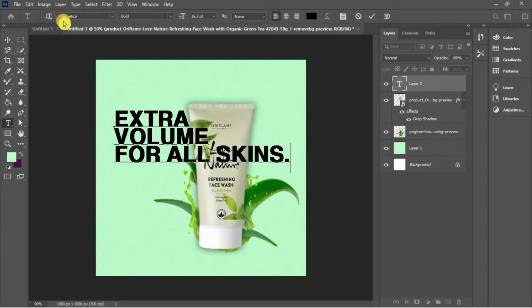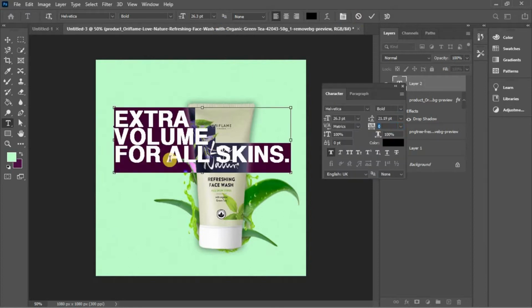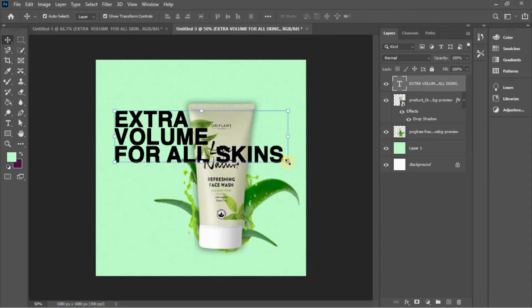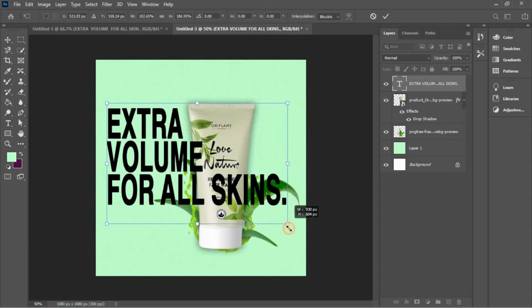I use Helvetica font, and here bold. I told you that we use bold fonts. Color is black. If the distance between the text is too much, you can adjust it by pressing Ctrl T and adjusting the size.